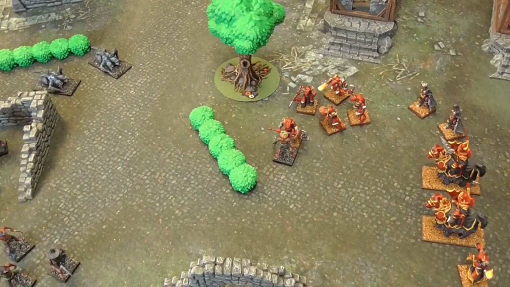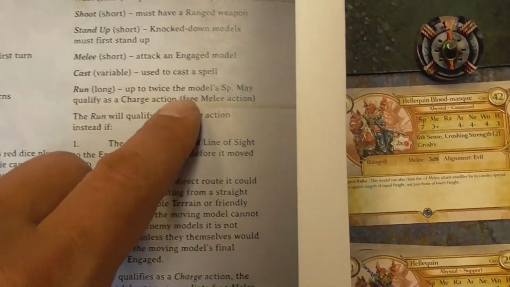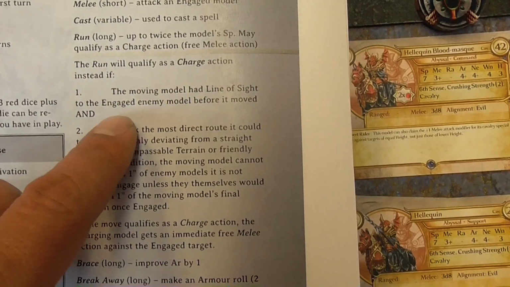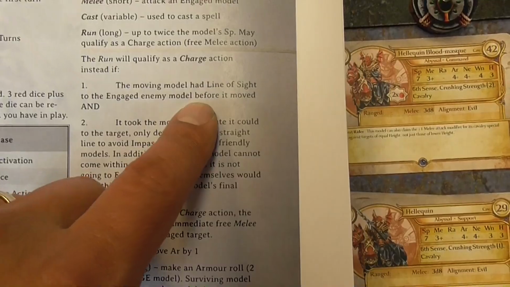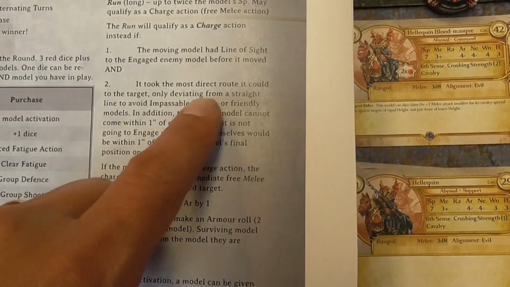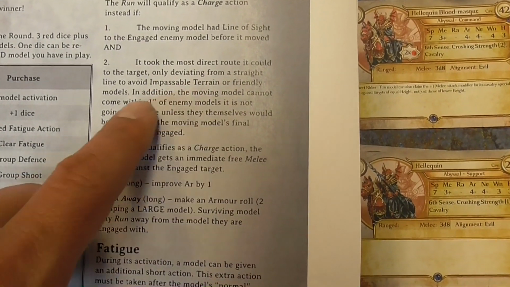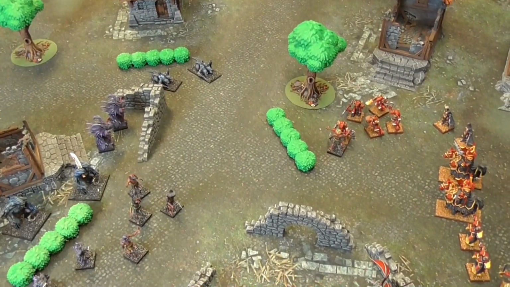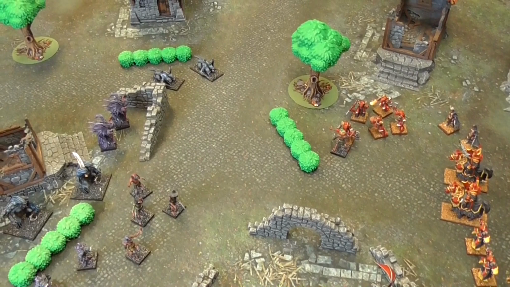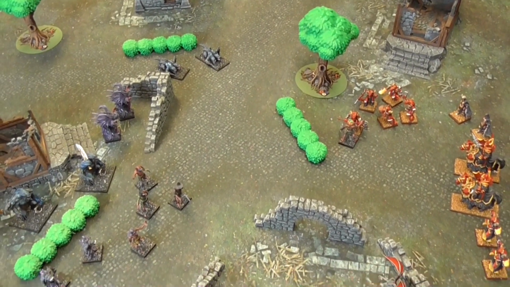Now, normally this would count as a charge action. So a run turns into a charge action if the moving model had line of sight to the engaged enemy before it moved, which it did. It had line of sight there. And it took the most direct route it could to the target, only deviating from a straight line to avoid impassable terrain or friendly models. Yeah, I forgot to say, in this game, you do not have a free pass going through friendly models. Friendly models do count as obstacles, so you have to walk around them,